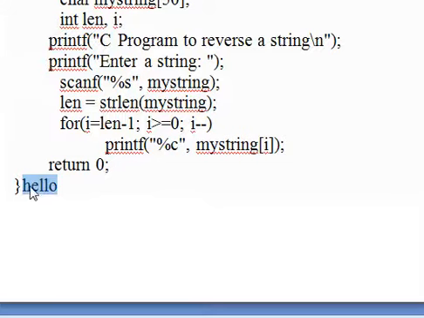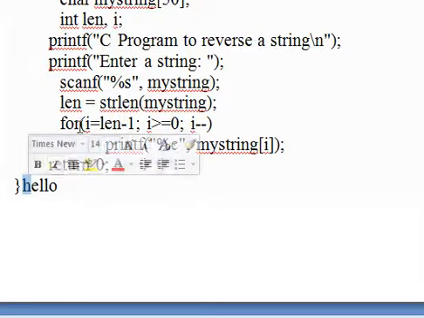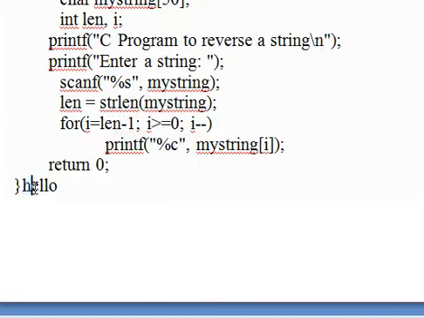The first character H will be stored in myString[0], the second character E in myString[1], then myString[2], myString[3], and the fifth character in myString[4]. So the array index is from 0 to 4 when it has 5 characters.